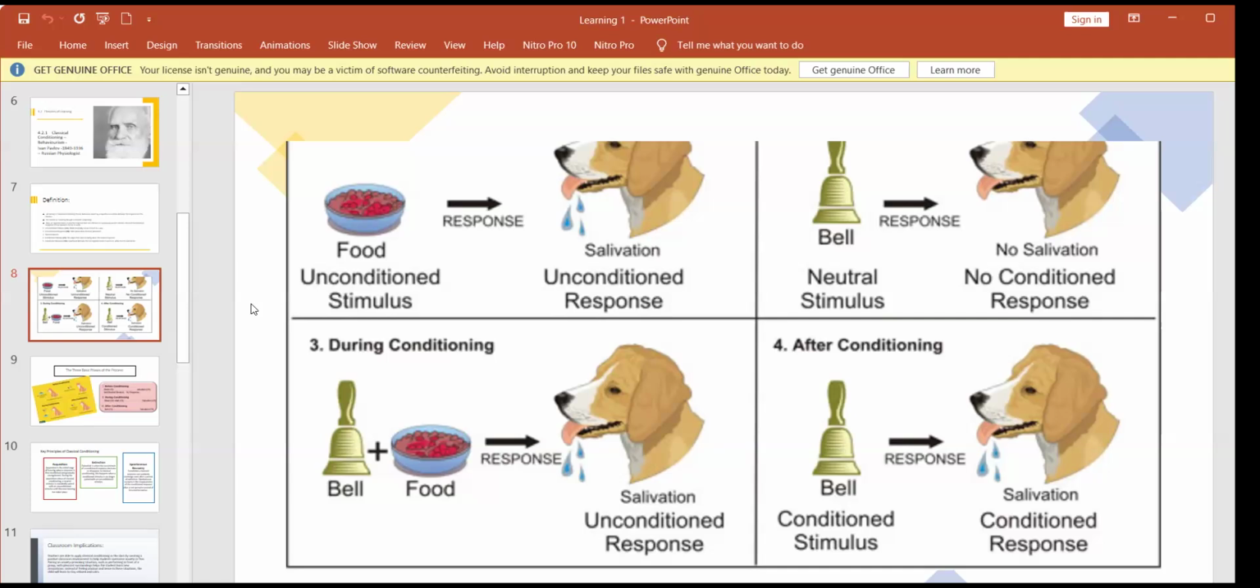It's there in them. It's not something that they learn new, it's there. So the terms used